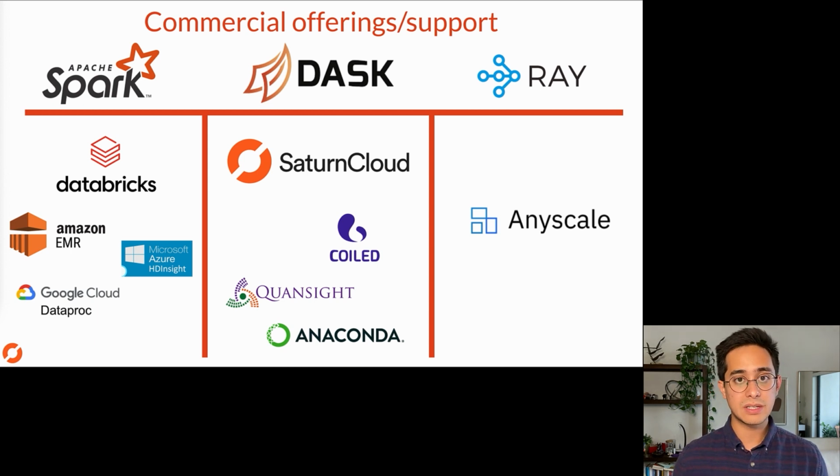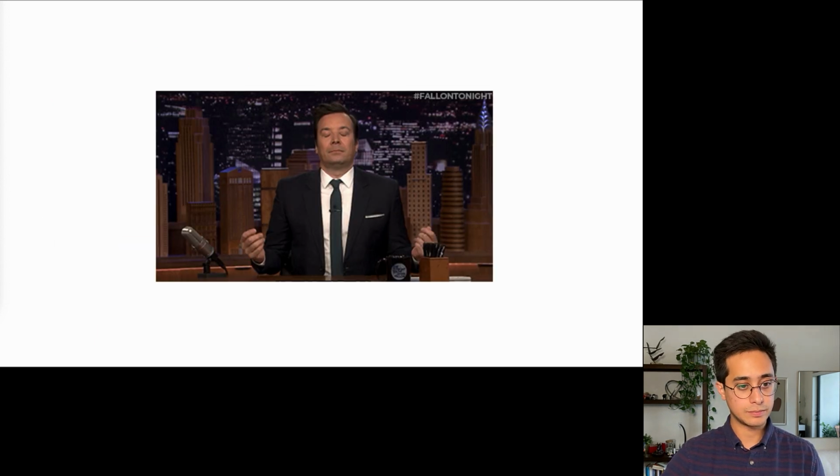But the main takeaway from this slide is that Spark is mature and has a lot of offerings. Dask is picking up a lot of traction commercially, which is a great sign, and which means there are options now and there's support, and companies really care about it. It feels a lot like the beginning of the Hadoop world when companies like Cloudera and Hortonworks and such came out. And then Ray has Anyscale pushing it forward right now. But it is still the newest.